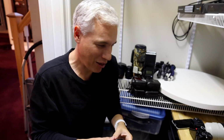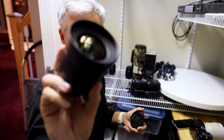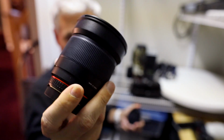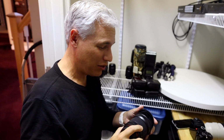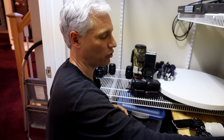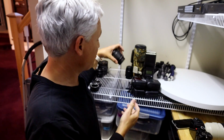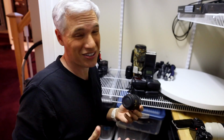People get pictures and they're happy with them, but if you put it side by side with a real lens, whoo. This is the Rokinon 24mm f1.4. It's very good, but I just don't use it. We have the Canon 24mm f1.4 that I'm recording this on, and it has autofocus. That doesn't have autofocus, but for its price, if you don't mind manually focusing for things like stars, it's a